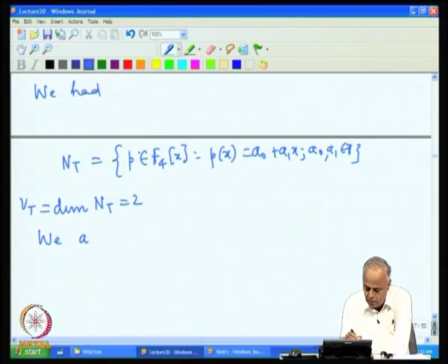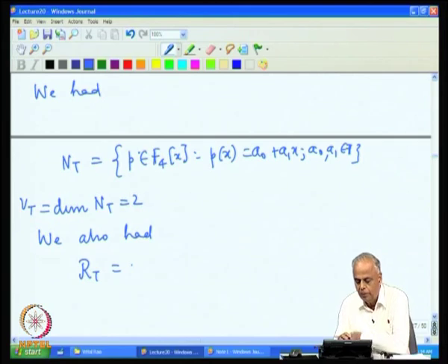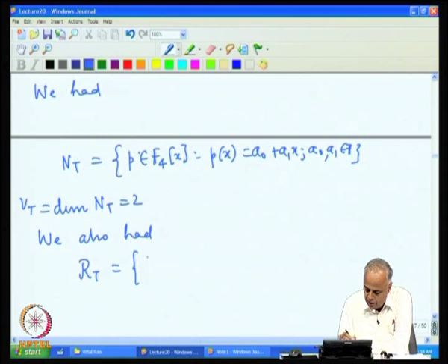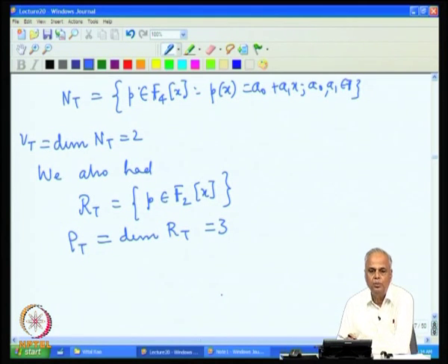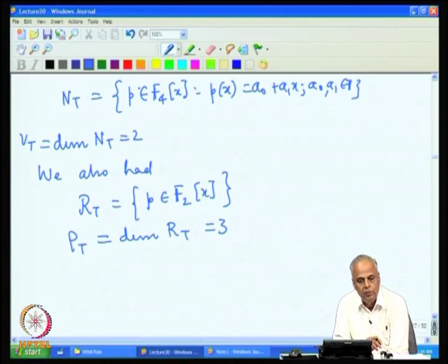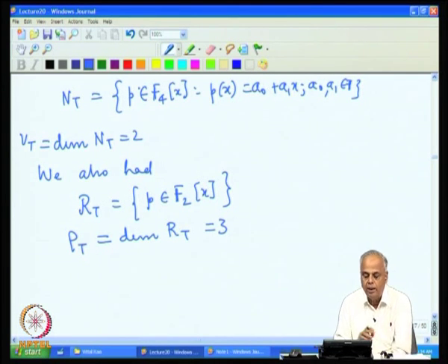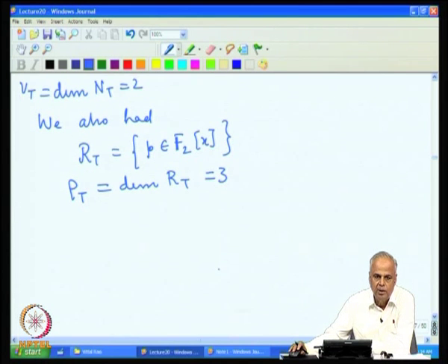We also had the range of T, because we differentiate twice we lose 2 degrees, and this led us to the fact that it is the space of all polynomials of degree less than or equal to 2, and therefore, the dimension of the range of T, which is the rank, was equal to 3, because for F2, the polynomials of degree less than or equal to 2, for this subspace we have the polynomial 1, the polynomial x and the polynomial x squared forming a basis,